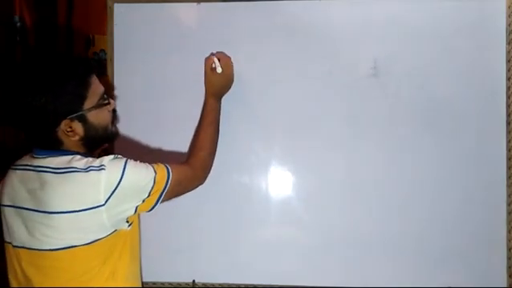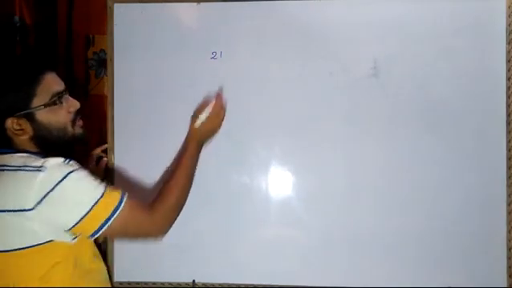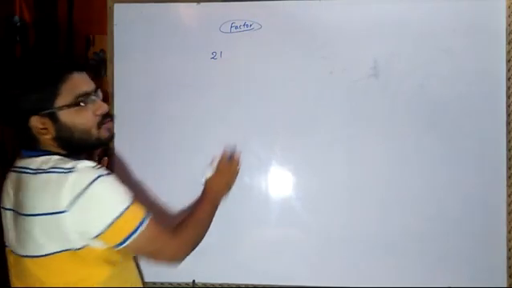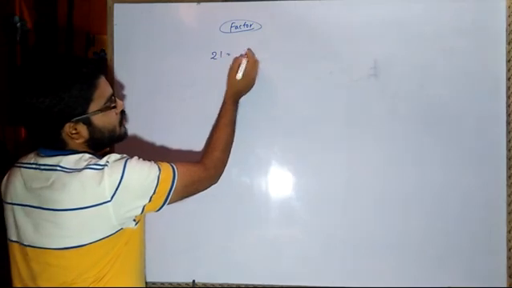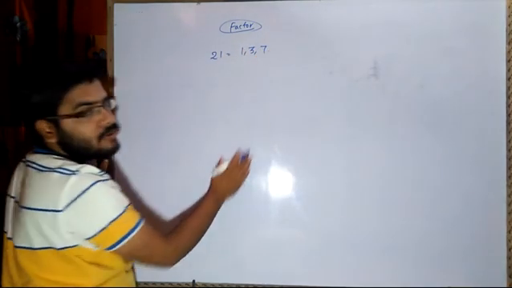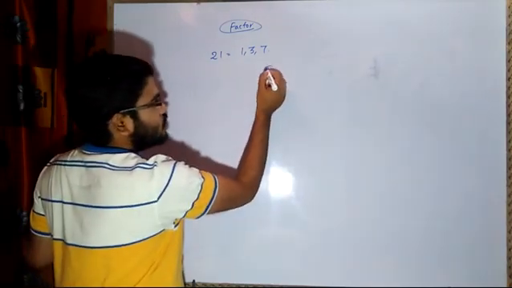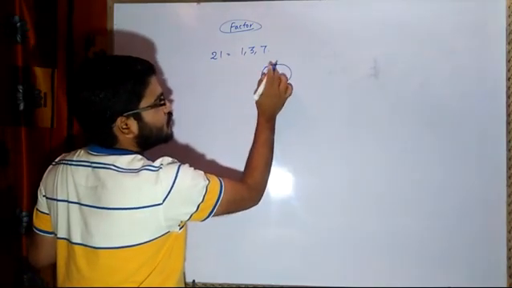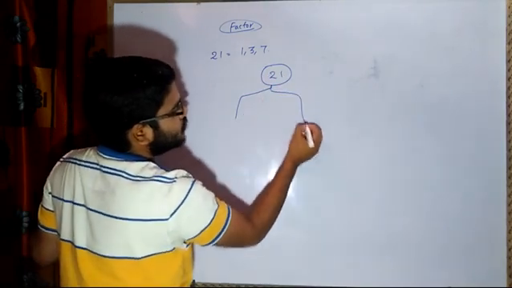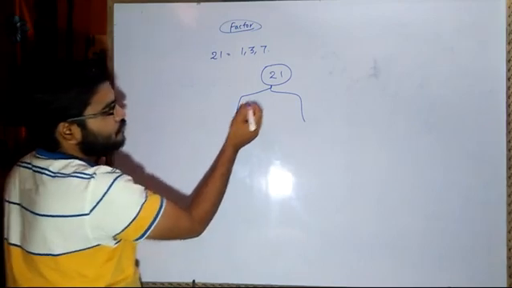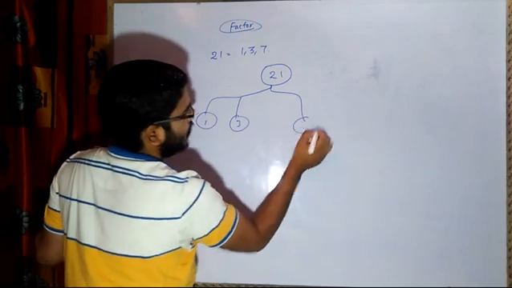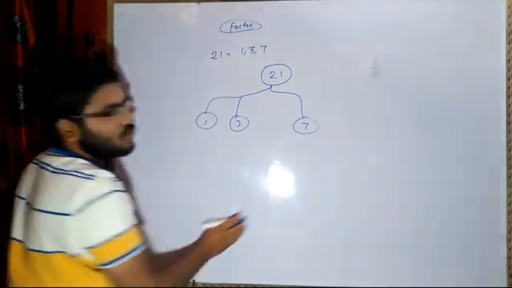Suppose I have a number like 21. Here we are going to study what the factors of 21 are. You all know it is 1, then 3 and then 7. Now in this factor tree, what is going to happen? They will give you a circle or a square, in that they will write the number 21, and then they may ask you what are the numbers that will be coming here. So 1, 3 and 7. This much only you have to do.